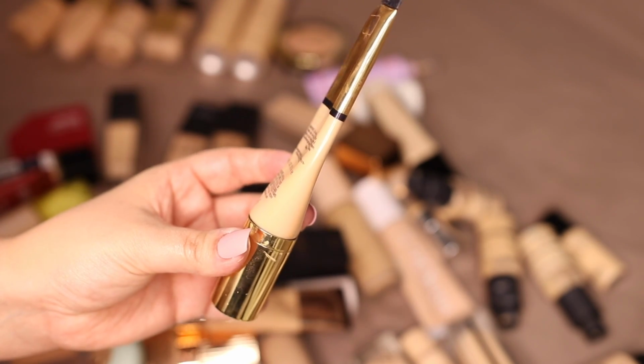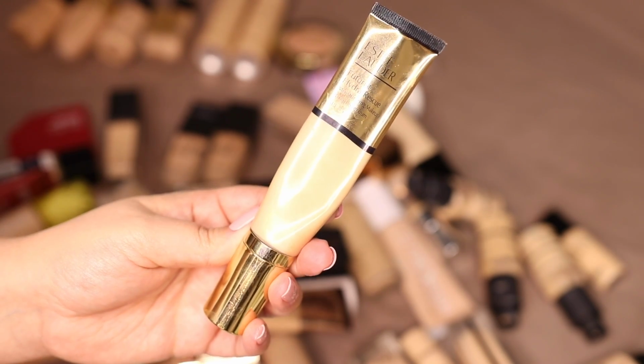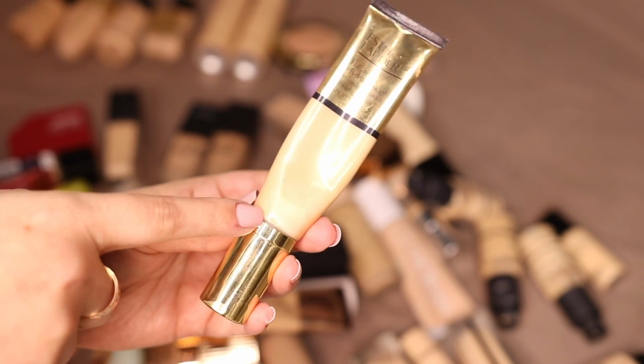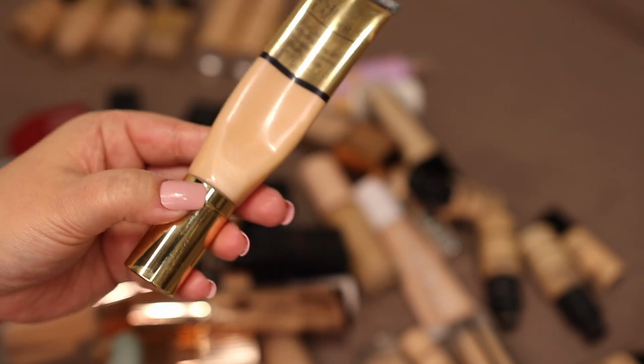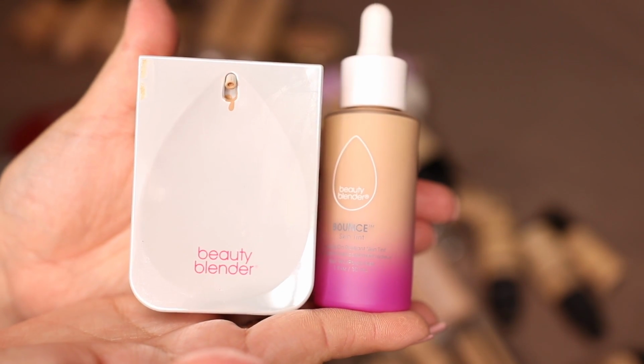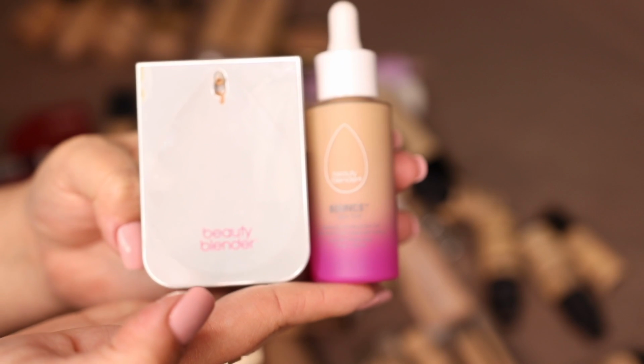I used a lot of it, but I don't think that I'm going to use what's left in here because I think it's been a little bit too long since I've had it, and I don't like the way it's looking. It looks a little gross right there. See how gross that looks right there? No can do. I feel like Beauty Blender foundations do not get enough hype, and I actually absolutely love both